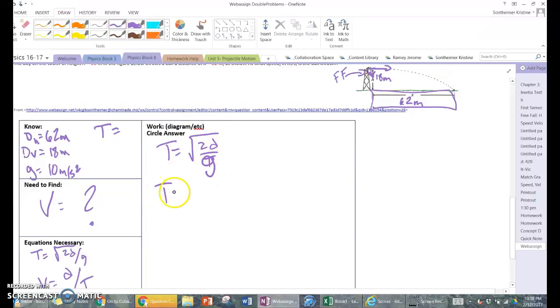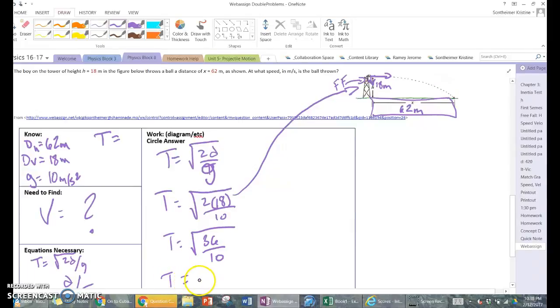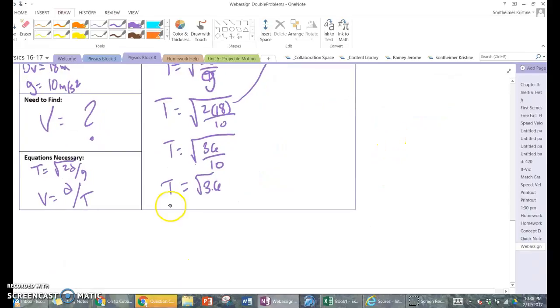So, last one. Time is equal to the square root of 2d divided by g, which equals the square root of 2 times the distance. Don't get this distance wrong, it's 18, because that's the free fall distance, divided by 10. T equals square root of 36 divided by 10. T equals square root of 3.6. T equals,